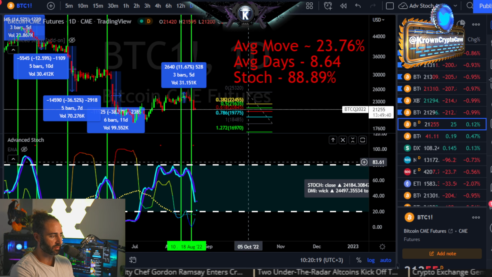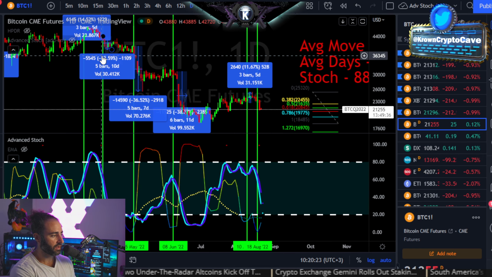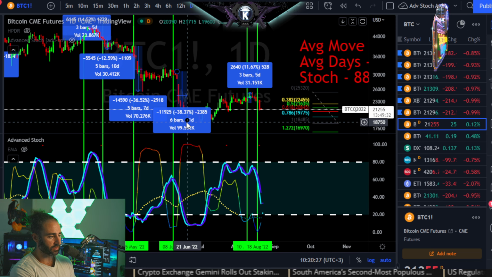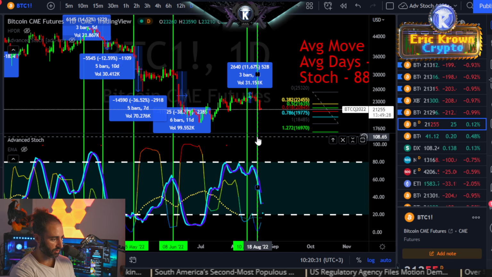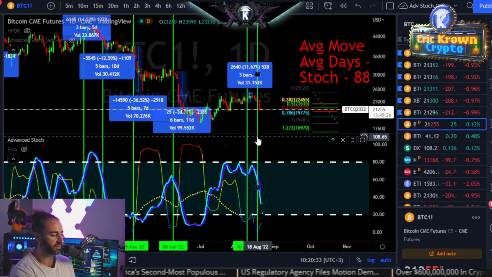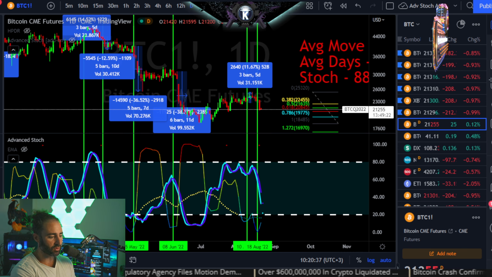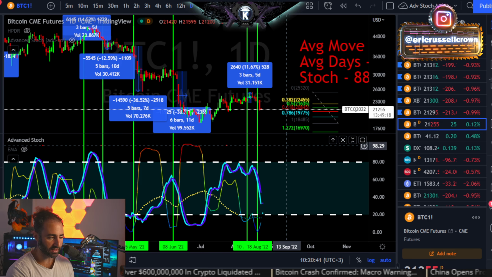Again, on average, there's going to be some that are higher, some that are lower. You can see even in the past four or five months here, we have signals that take as long as 11 days, some as short as 5 days. Obviously, we're already at the 5-day marker, but ultimately around the end of this week is more reasonable, maybe even into the early portion of next week, which is basically the end of the month.